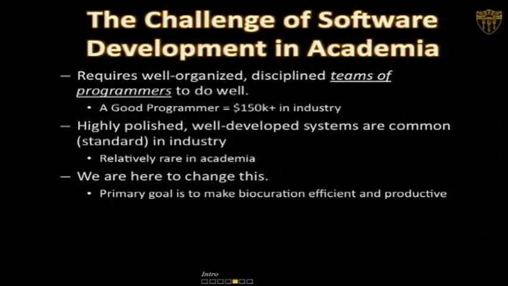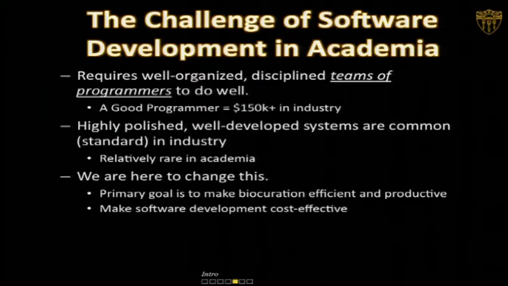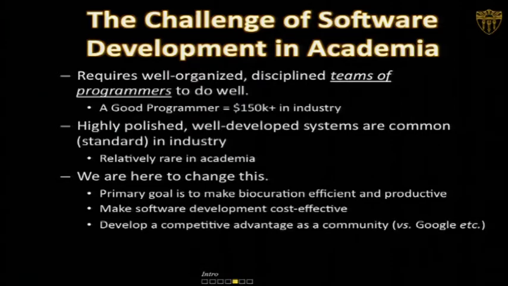That's the goal. Having said that, as a subsidiary set of constraints and ideas, we want to also make software development cost-effective. How can we be competitive against people like Google and Yahoo and all of these other huge, large-scale systems that scale up brilliantly and can really execute what they're doing? How can we stop our programmers from being recruited by Google, who lives just down the street from us, by the way, and go and work for them? How can we make academic computer programming a productive and useful thing to do?